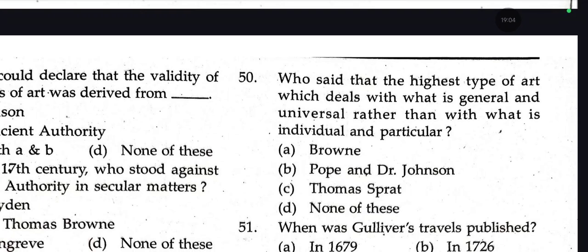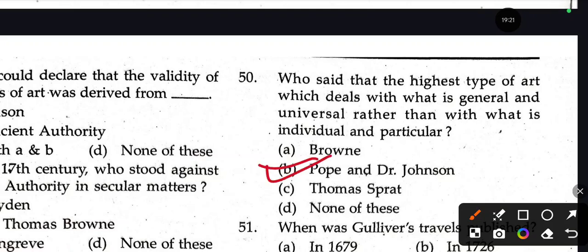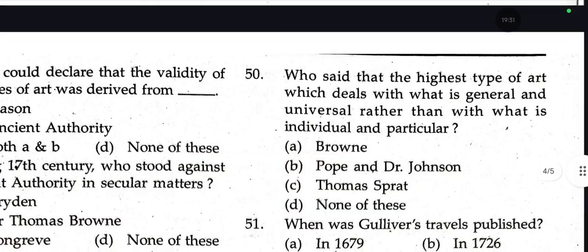Question number 50. Who said that the highest type of art deals with what is general and universal rather than with what is individual and particular? It was said by Alexander Pope and the all-time great Dr. Johnson. Both were famous poets and literary figures of the 18th century, the Augustan age. So here we end this